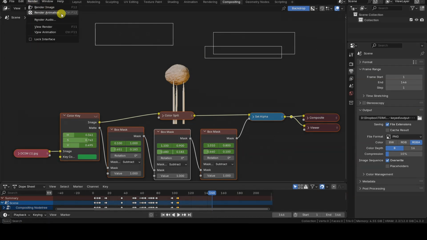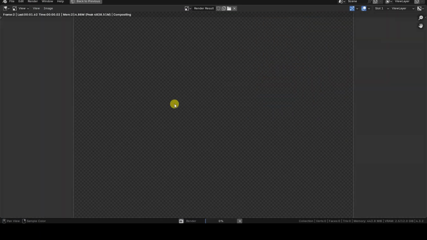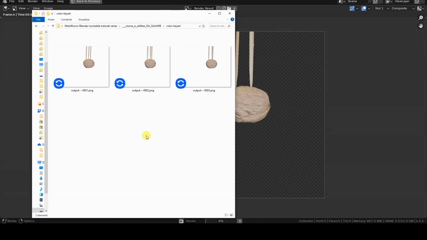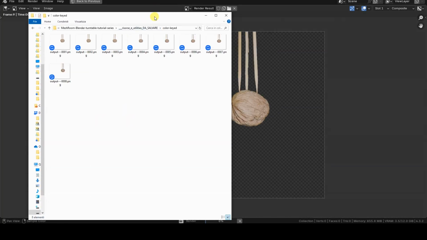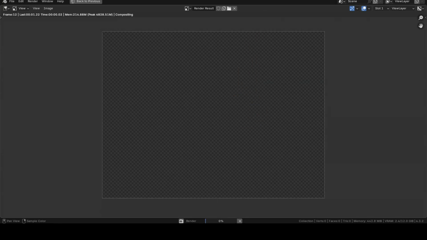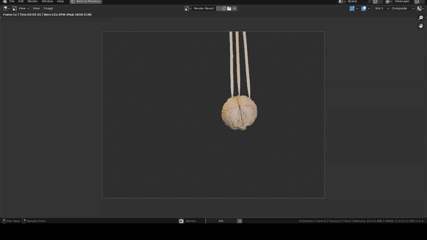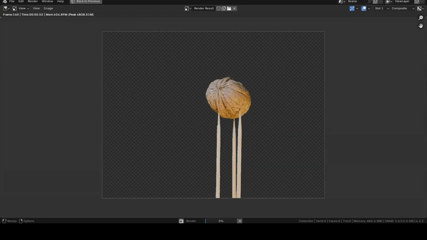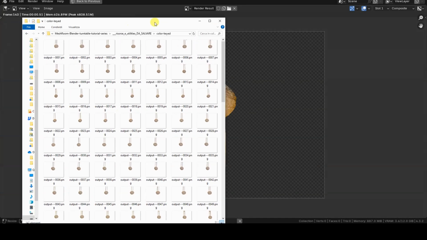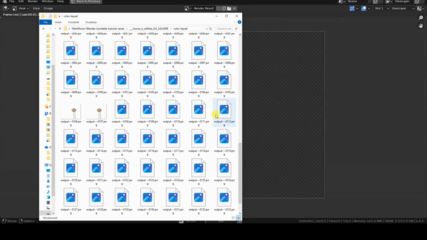After verifying the quality of the color keying and masks across multiple frames, I can finally start the rendering of the sequence, producing the images that will be imported into Meshroom. This rendering process will not take long, as it is simply processing external images rather than rendering a full 3D scene. The images produced are the same ones included in the free package, so you can replicate the steps we will cover in the next tutorials.